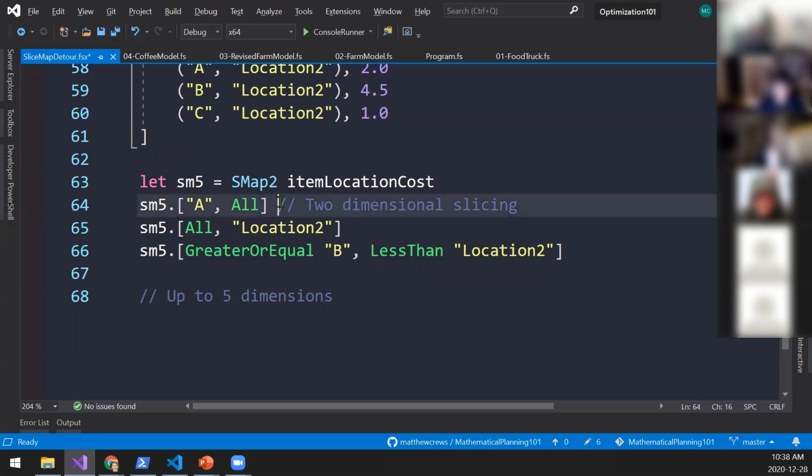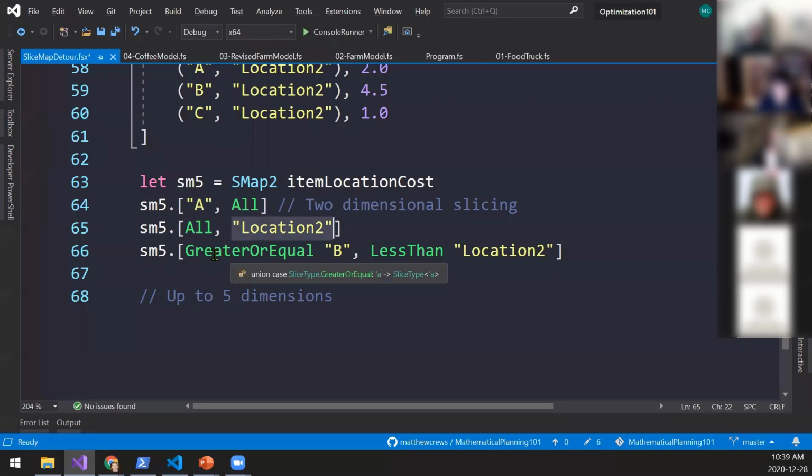And so now I can slice across 2 dimensions where I say, hey, I want the values where the first dimension is A, but I want everything along the second dimension. Or I could say, hey, I want everything along the first dimension, but only the values where the second dimension is location 2, this particular value.